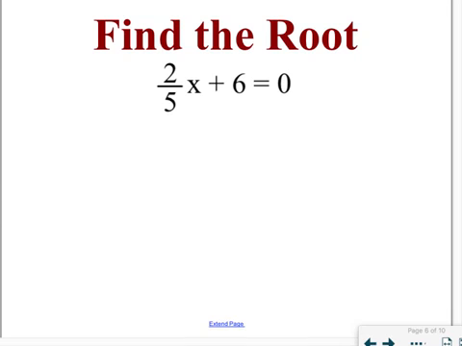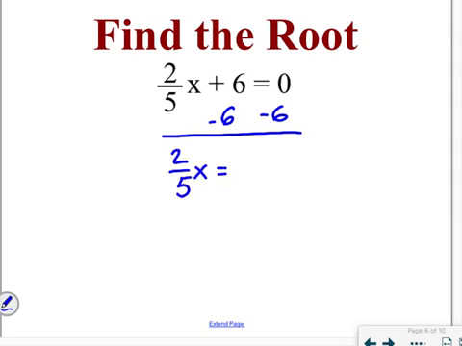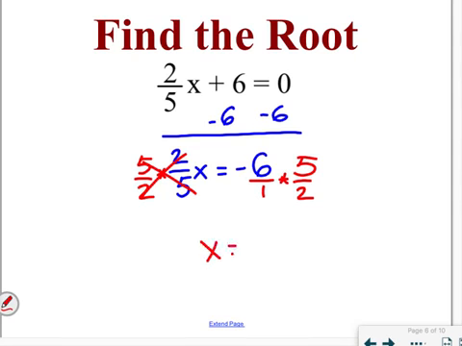Our next option is to solve algebraically, which is just another way of saying solve the equation. So we're going to follow our SADMEP steps. First, we're going to take away 6 to get rid of that addition, so I end up with 2/5 x is equal to -6. If you remember, to get rid of a fraction, we multiply by the reciprocal of that fraction, so we are multiplying by 5/2. Those cancel out, and we end up with